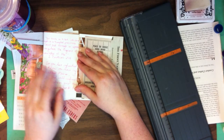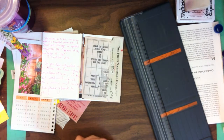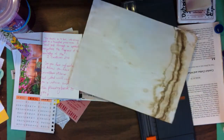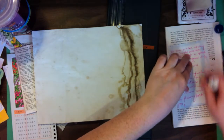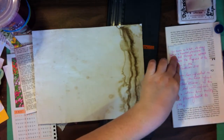is going to need to be covered so that we can use it for journaling on. So let me just grab a piece of coffee dye paper here. Okay, and what we're going to do is we're going to just put glue all over the back of this. Okay. And then